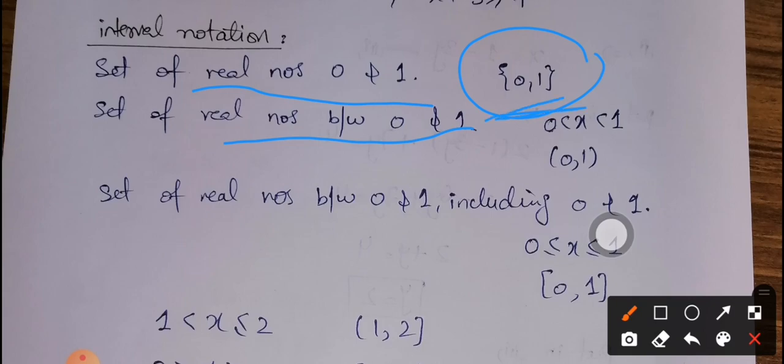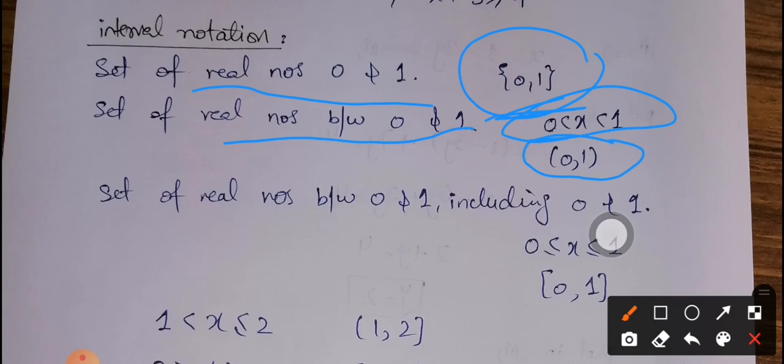So what we can do is write an inequality notation, that x is lying between 0 and 1, or 0 is less than x less than 1. And whenever we write down an inequality notation, we must be able to write down an interval notation too. Now what is the interval notation? This is the interval notation, the open interval 0 to 1. The small brackets represent the open interval. Open interval means the endpoints are not a part of the set.